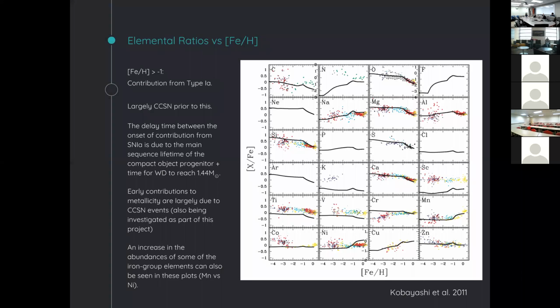Moving on here, elemental ratios. So this plot from Kobayashi 2011 is very interesting. There's a lot of information here. I'll try not to spend too much time. You can see around about Fe on H. I'm not entirely sure the background of everyone. So Fe on H